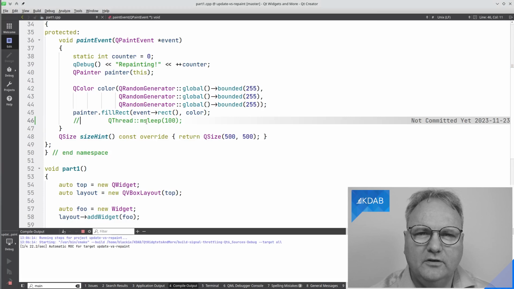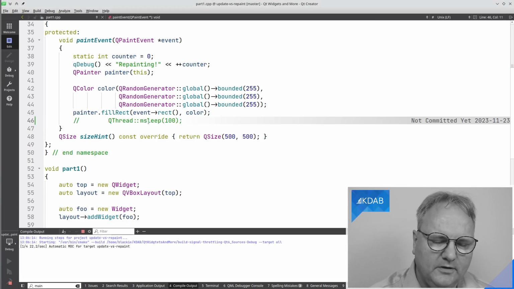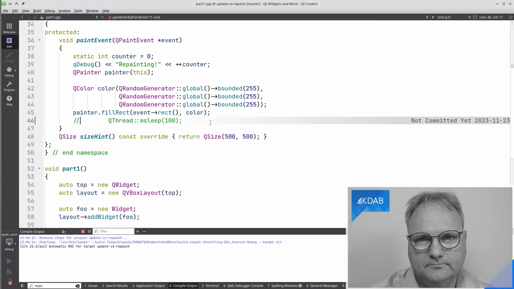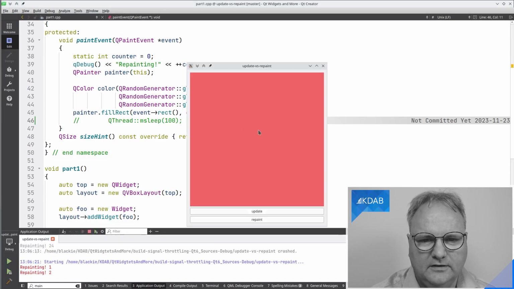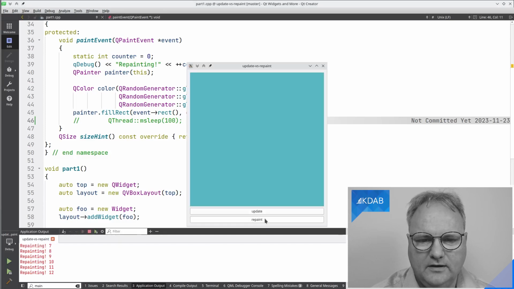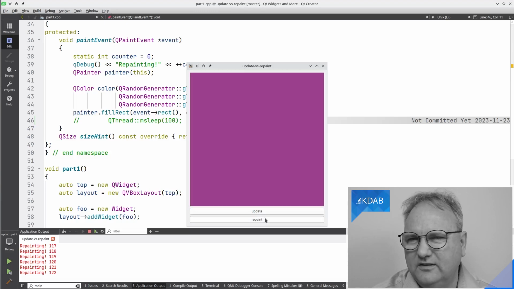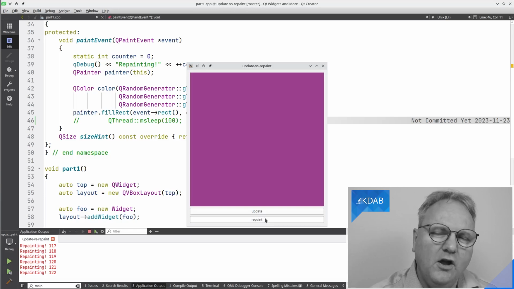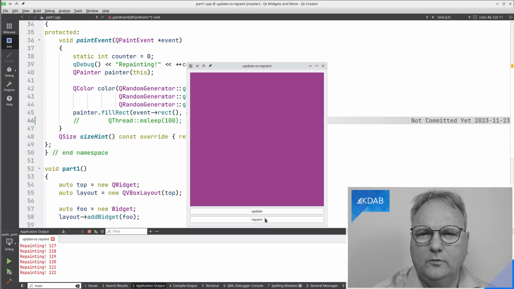Well, let's comment them out. Let's run it again. Coming up real soon. There we are, and repaint. It does it much faster, but you can see there are still these lines where it doesn't look too good. In the old days, one of the issues that we had here was double buffering. But Qt actually does double buffering for us now. But that's not the issue. The issue is that I'm painting something new on the screen in all of these paint events.